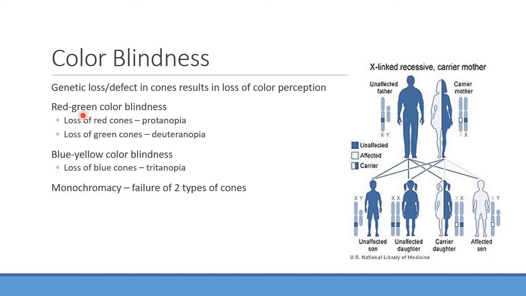Okay. Now you can have varying degrees of color blindness. As I mentioned, you can have, say, loss of red cones. It's called protanopia. I'll show you some pictures here in a second. Loss of green cones is called deuteranopia. This is called red-green color blindness when you have one of these two deficiencies. So again, typically with red and green, they have a hard time distinguishing between those colors. There's blue-yellow color blindness, which is called tritanopia. I think it's due to a deficiency of blue cones. And then there's monochromacy, which is when you have failure in two types of cones. That's what we call monochromacy. Things look much more black and white, right?